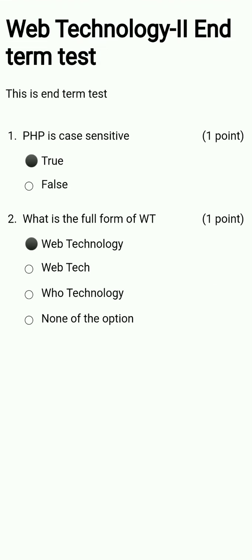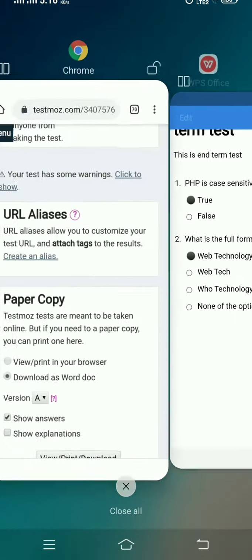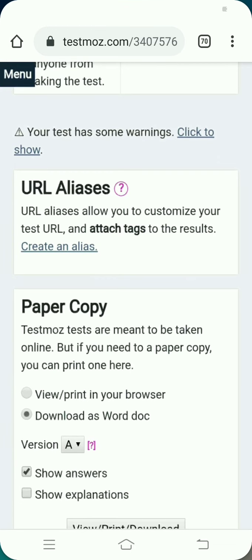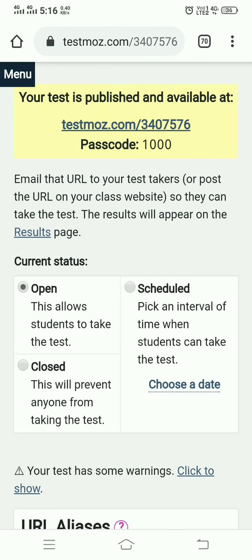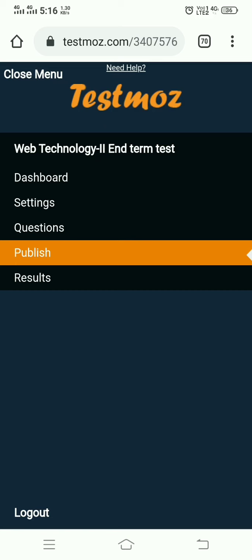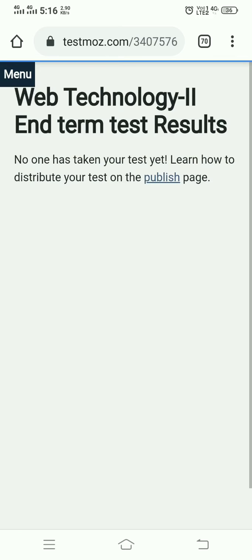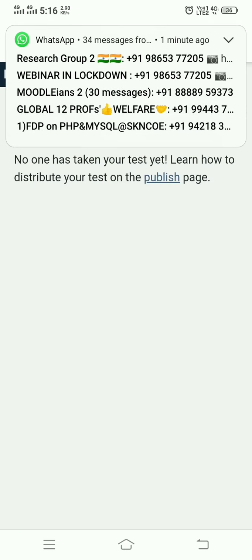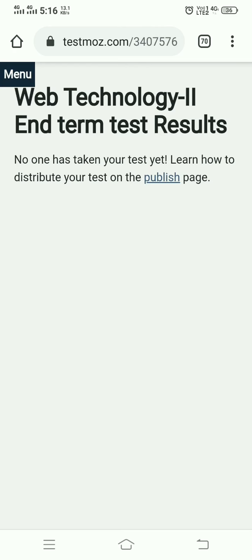It gives the whole paper with answers in Word format. So again, here, after that, you can view the results.